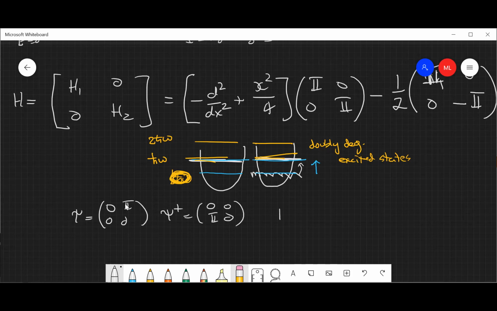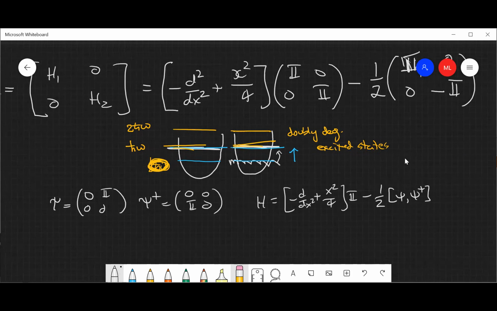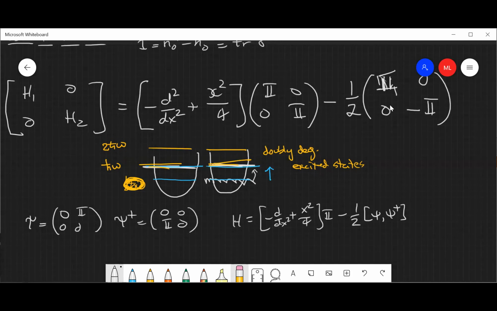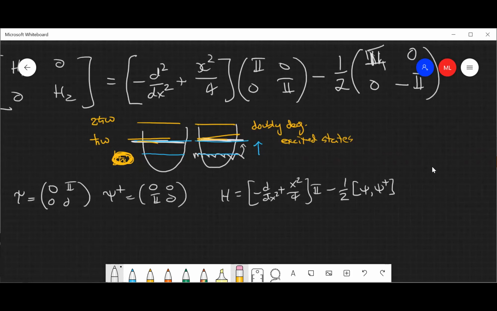And in terms of these operators, our Hamiltonian is equal to minus kinetic plus potential piece. This is the identity part. This guy can be written as 1/2 the commutator between psi and psi dagger. It's just simple matrix algebra. You can show that the commutator of these two guys is just equal to this guy with the identities on the diagonals. And this thing is equal to the anti-commutator of Q and Q dagger, where